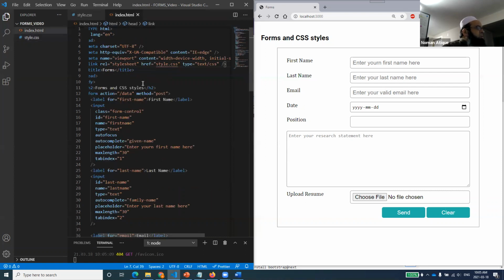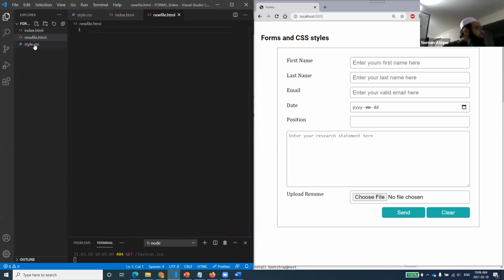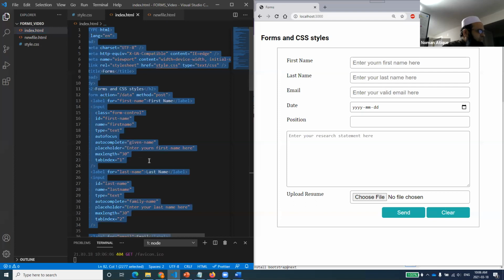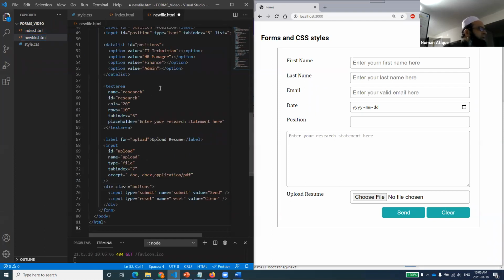So this is my index file which I'm running right now. I will keep this file as it is, because I want to have that file as well. And I will be creating another file, and you can call it anything. I can call it new file, otherwise I would have called it bootstrap. So newfile.html, right? What I will do is copy and paste everything from this file, and I'll tell you what I don't want. So I'll just paste that over here.